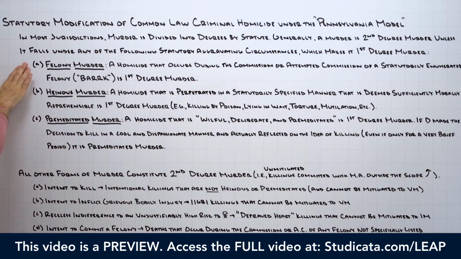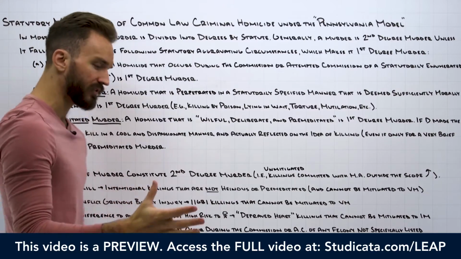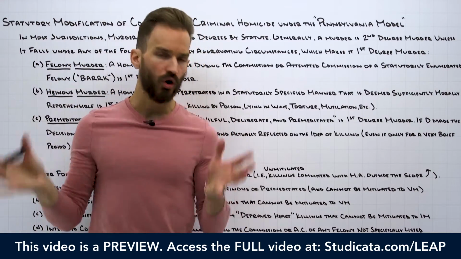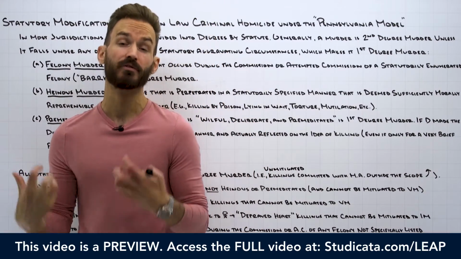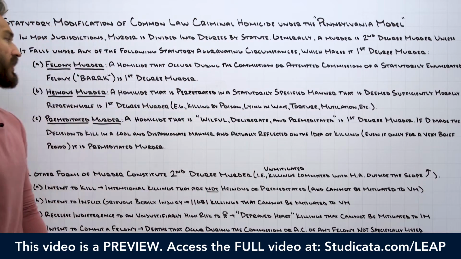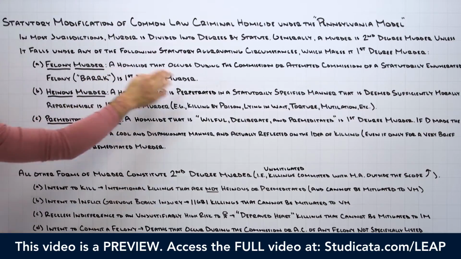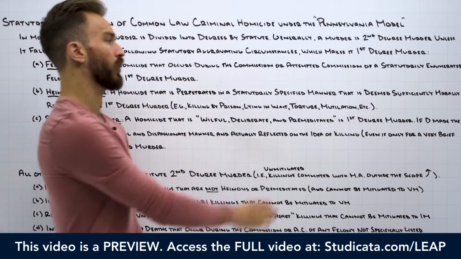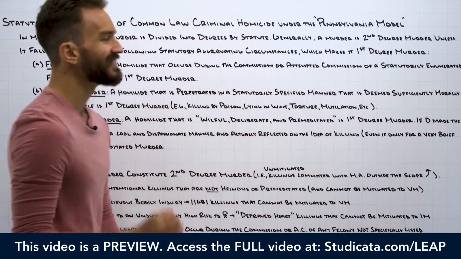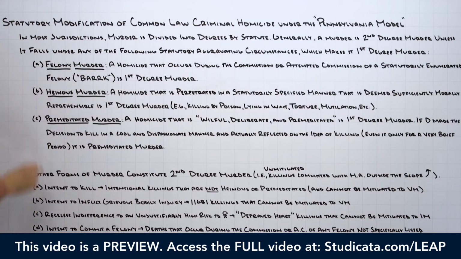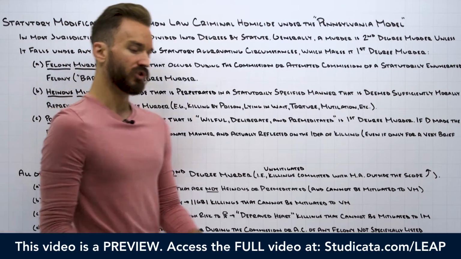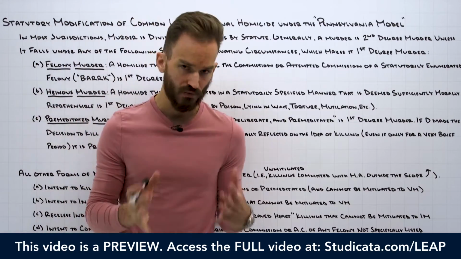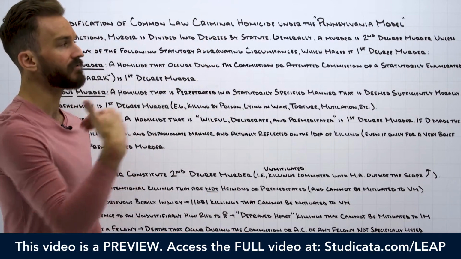So we know what felony murder is. We talked about the felony murder rule. We have a whole lesson on the felony murder rule. I'm not going to re-break down felony murder. The idea here is, though, a homicide that occurs during the commission or attempted commission of a statutorily enumerated felony is first-degree murder. So the way this works is, under the felony murder rule, in states that have first and